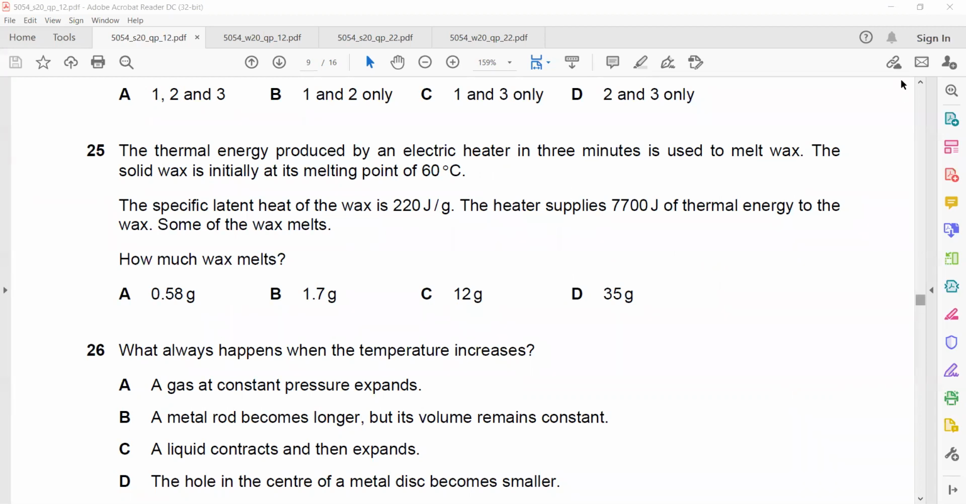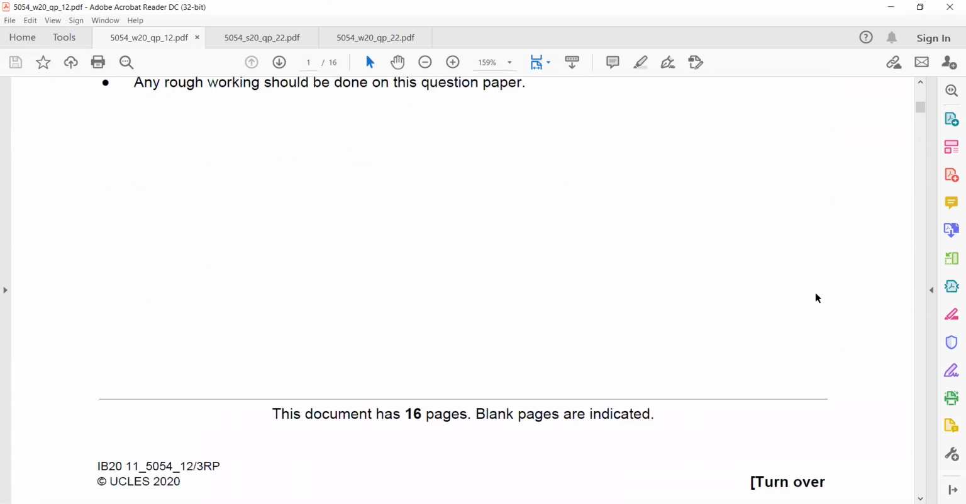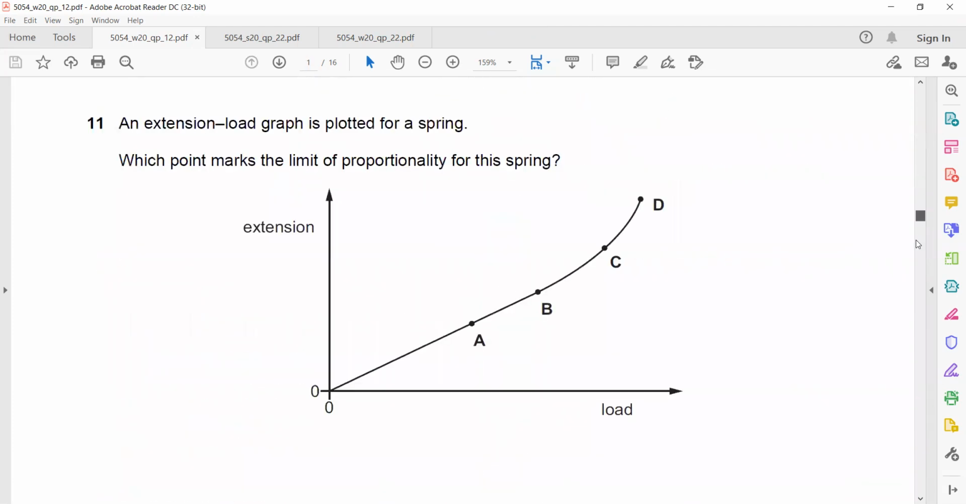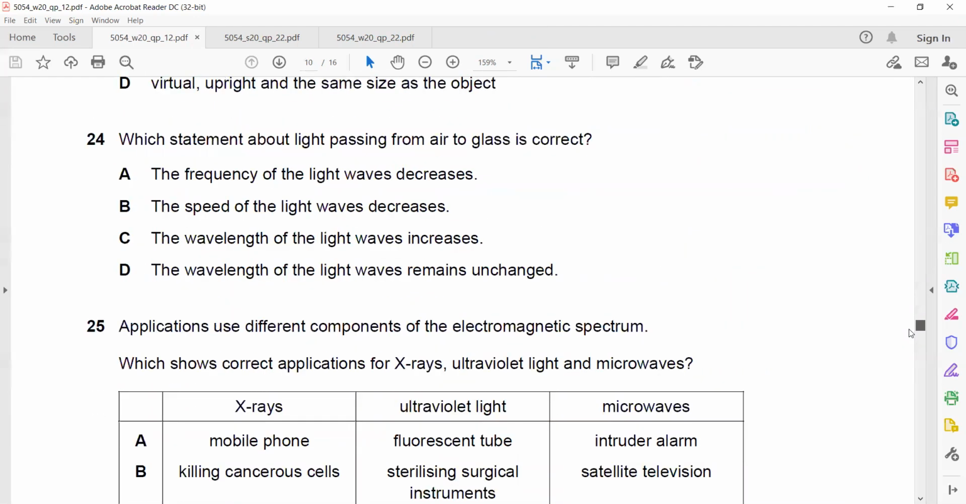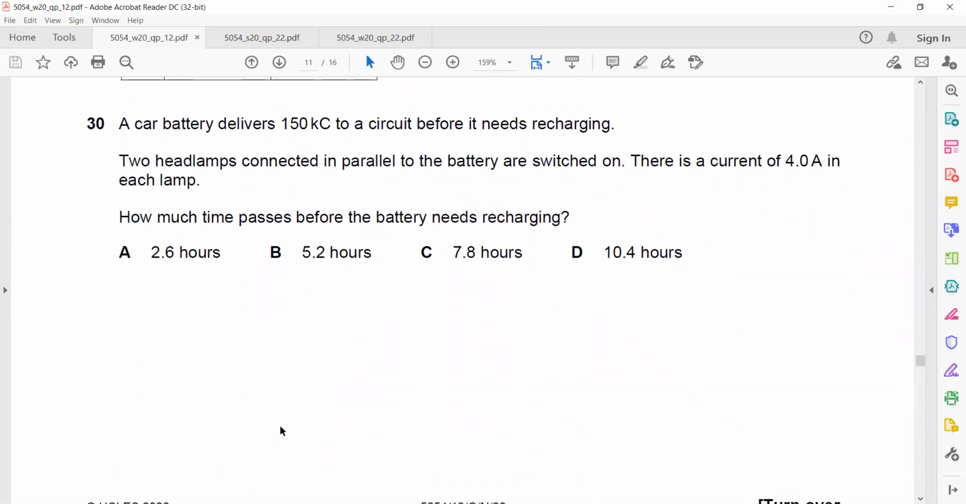So this was May-June 2020, paper 1-2 for Cambridge O levels. Then the next paper is October 2020, paper 1-2. Questions 30 and 32 are the doubts. So in this question,